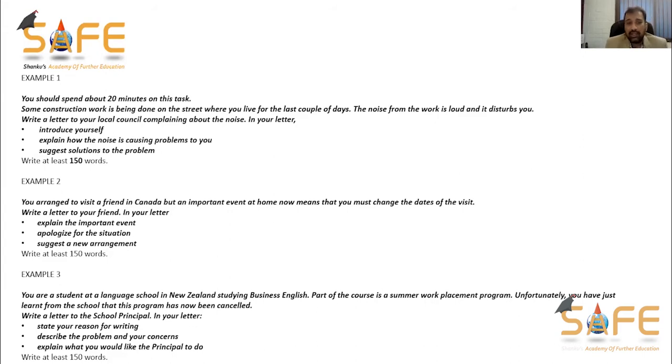So similarly, you need to create a general perception when you are attempting a task. Within the time frame of 2 to 3 minutes, it needs to click. Second thing is what a lot of general candidates do. They try to fill in the letter with a lot of ideas. Now you have to understand you only have 20 minutes and 150 words is the minimum amount that you have